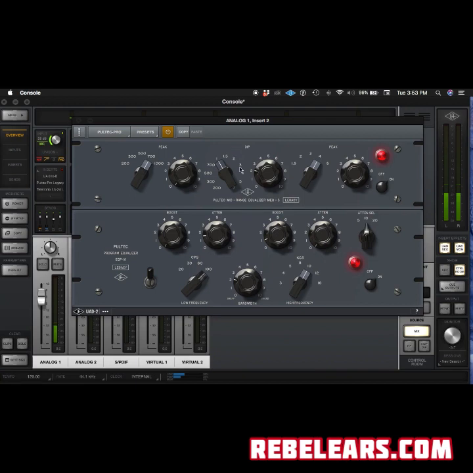So with that said, as you can see over here, on my dip option, I can go from 200 to 5K. And usually 1K is where a lot of mud and a lot of resonance get caught for vocals. So I'm actually at 1K here on my dip, and I'm turning it down by -2 decibels. Remember, this is a dip option, so that means you're turning it down. So I'm turning it down about 2 decibels, right at 1K, just to kind of pull some of that